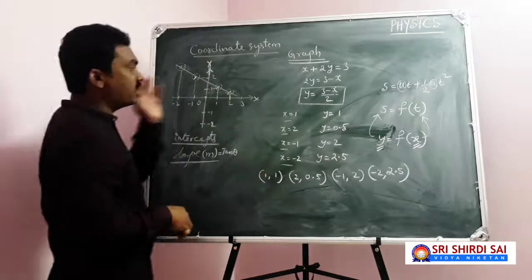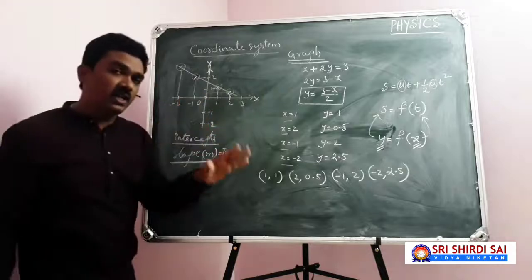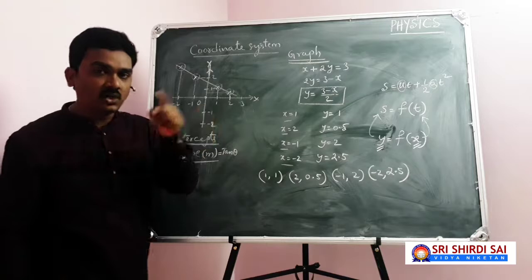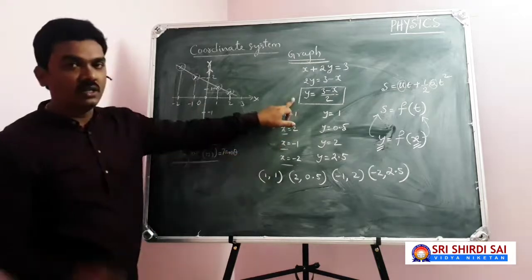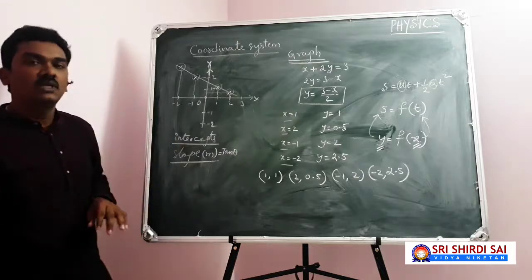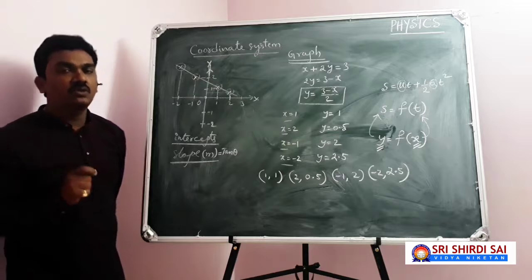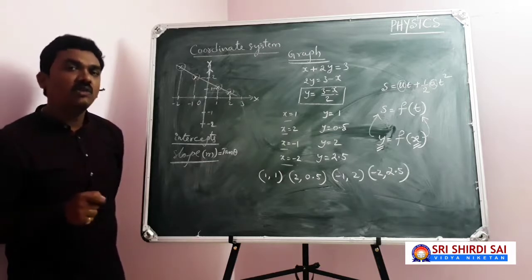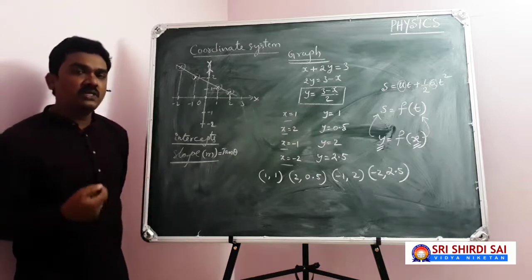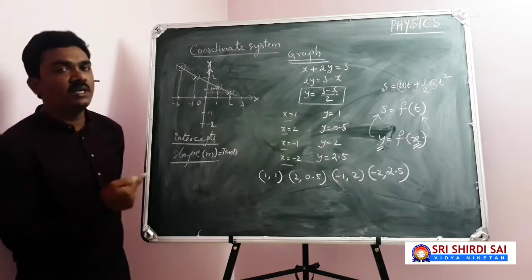And these ordered pairs should be located in the coordinate system. Then we get the graph. That graph may be a straight line, may be a curve. Of course, the shape of the graph or the nature of the graph, everything will be according to the mathematical equation. You will come to know, wait. So the conclusion: a graph is a diagrammatic representation given to a mathematical equation using a coordinate system. The graph may be a straight line or a curve, which will be according to the mathematical equation.